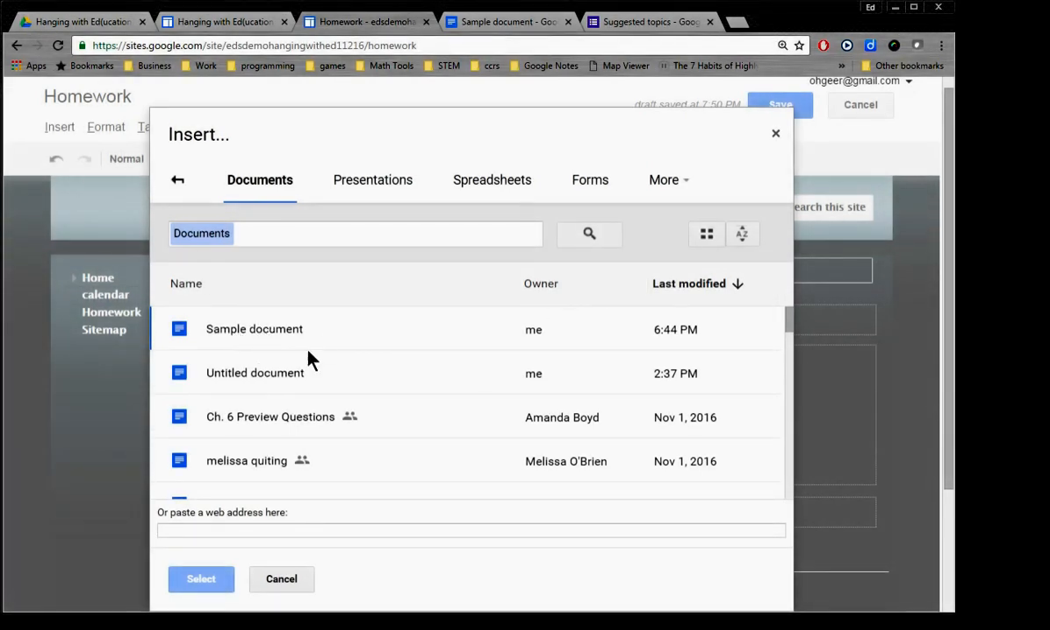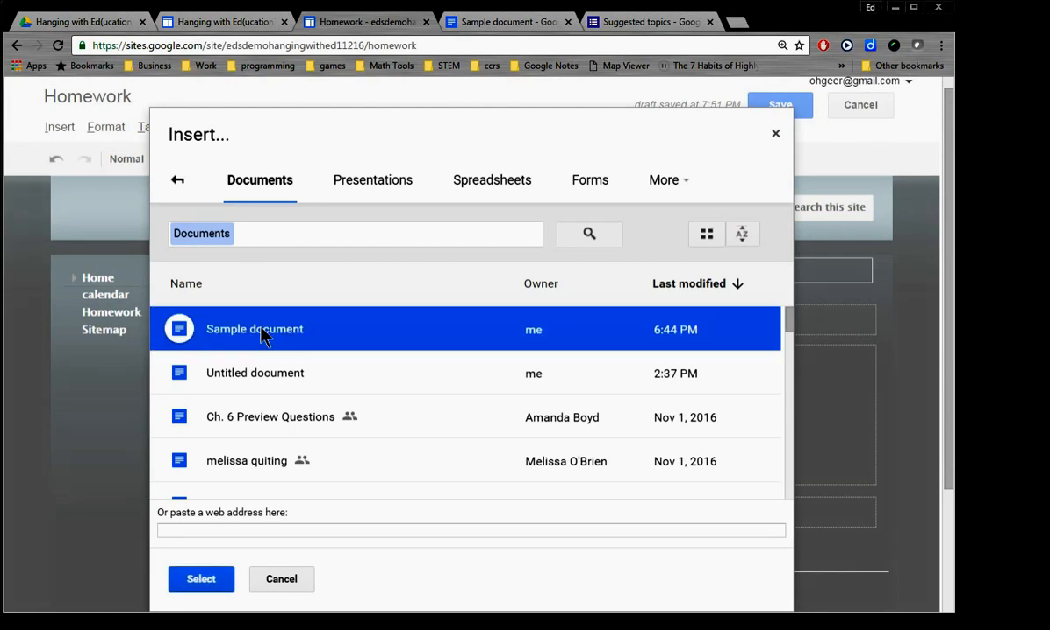Now, it's going to show the ones I've had most recently opened. In this case, I'm going to open Sample Document, but I can go ahead and navigate through all of my Google Docs to pull up a document that I'd like. Also, notice how you can put presentations, spreadsheets, forms, anything you've created in Google, you can embed that directly into